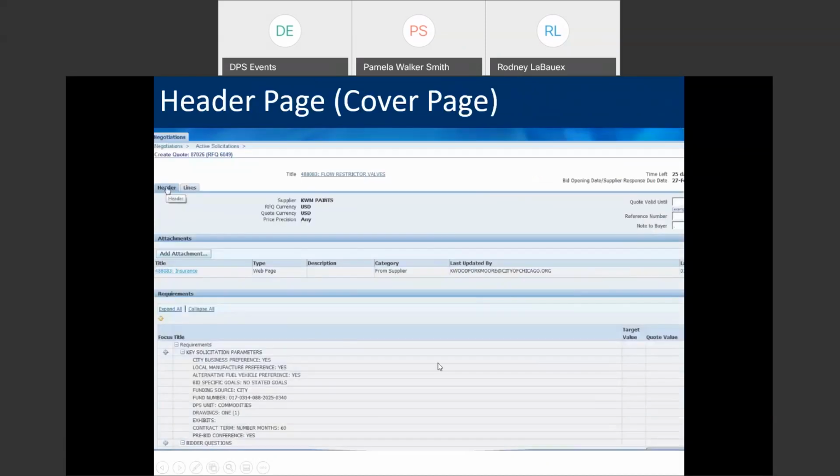Now you're in, and you have 2 tabs to an RFQ. The first is named header, and the second is named lines. The header is just that, the header of the solicitation. It gives you some information that we looked at earlier pertaining to how much time is left and when the bid opening is. It gives you your title. It gives you your supplier name, letting you know that you're in there. And you're able to add your attachments from this page, as well as what's most important,